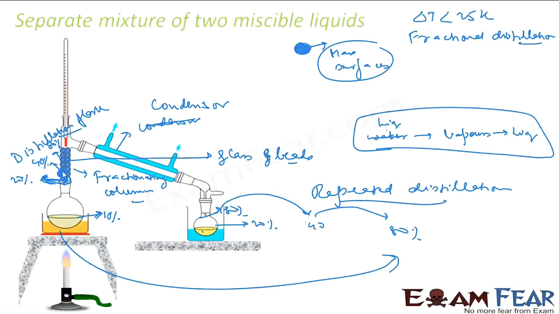The same liquid tries to vaporize. The moment you vaporize this liquid, only the purer form will go up, and the impure will come down. The next vapor you get here is 40% pure. Again, from the 40% pure, when it touches the beads, these beads provide surface area to cool down, as good as collecting the whole liquid, and then it vaporizes again.